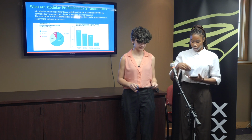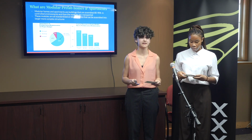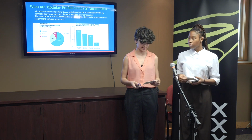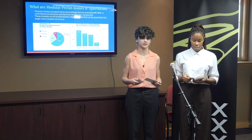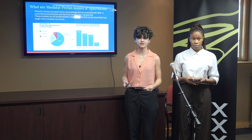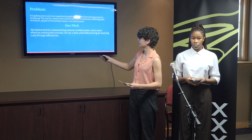Construction plays a big part in creating attainable housing because when building stick-built homes, most of it is done by hand and labor costs can increase very fast. When creating prefab housing, we can cut down tremendously on these costs in many ways. One way that we are planning on doing this is by using modular construction. As you can see, this is different than